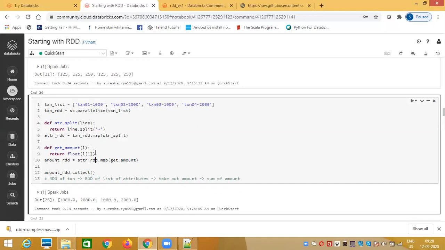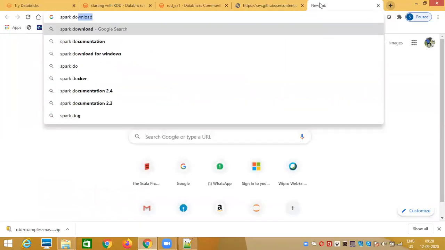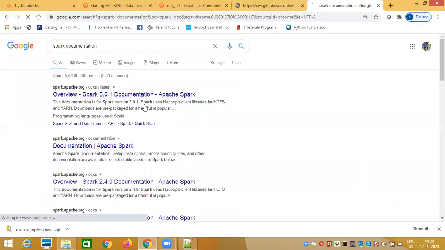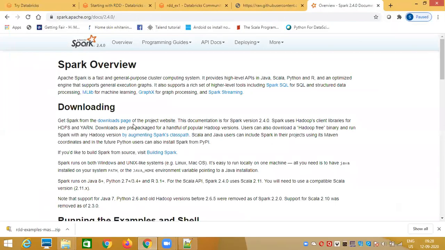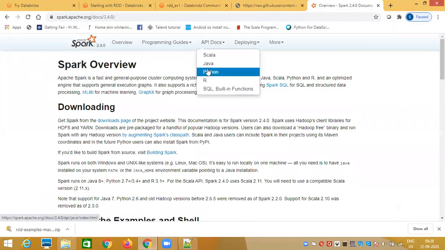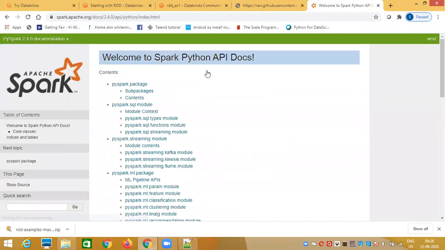Now I'll be applying some aggregation. For that, I have a function called reduce. It's not that I forgot the syntax, but I want to show you the function parameter. Till now you have seen one-parameter functions, like the map function you saw, which takes one parameter and returns one value. So now I just want to